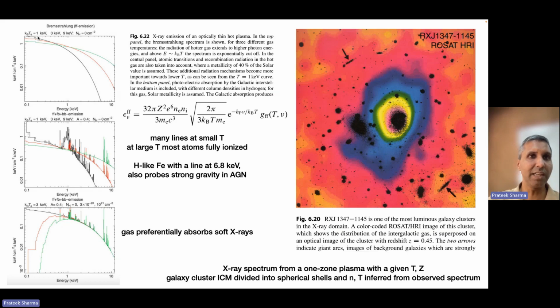So there are 3 lines there, and these 3 lines correspond to 1 keV, 3 keV, and 9 keV plasma. The black one is free emission from 1 keV plasma. This is from 3 keV plasma. This is from 9 keV plasma. This NH equals 0 per centimeter square. This is absorption. So 0 per centimeter square means that there is no foreground absorption that has been put in